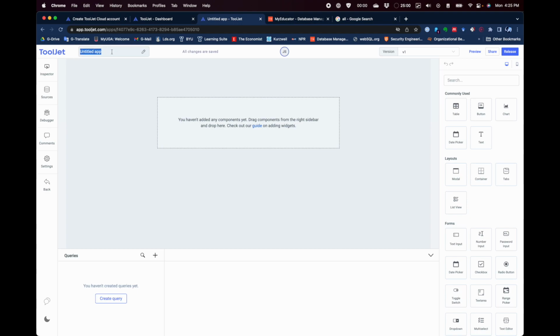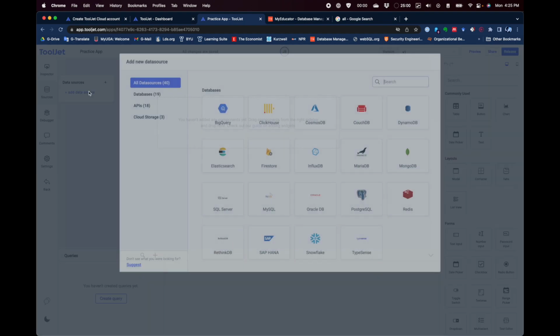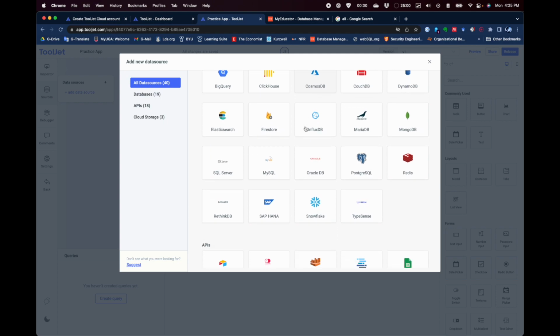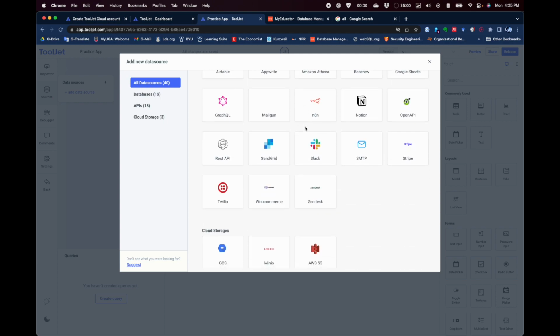So first up, if you come over here to the top left, if you just click in here, you can give your app a name. We're just going to call it whatever you want, practice app. And then before we drag anything over or try to create something that looks somewhat like an app, we're just going to go over to here where it says sources. And ToolJet lets you add tons of data sources. You can scroll through here and see there's a whole bunch of